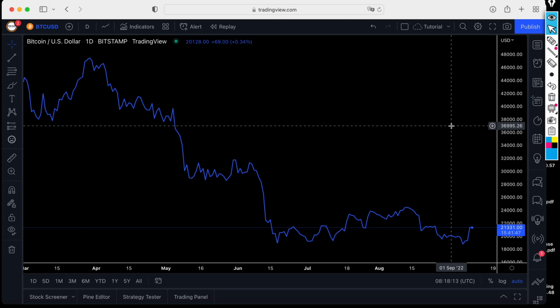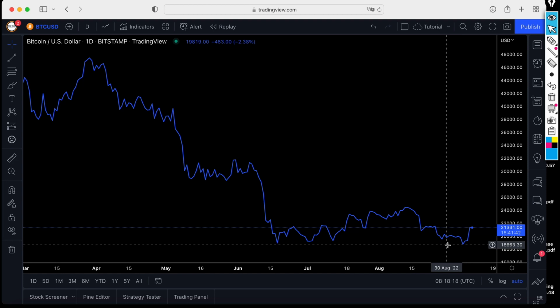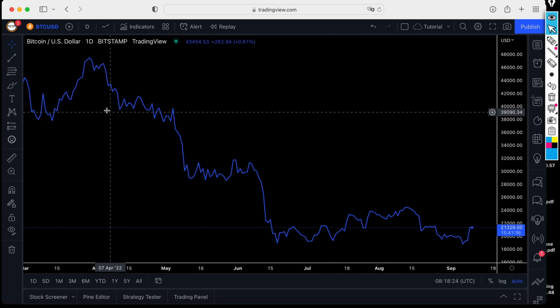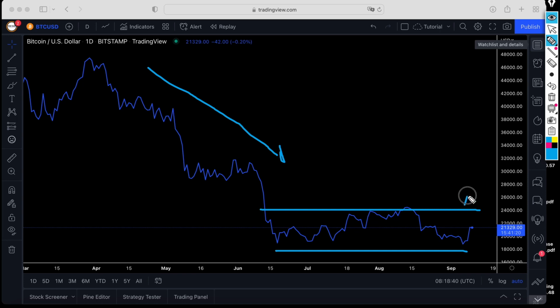What you can see from the chart of Bitcoin is that it has been falling down, then started to move sideways. This is not an analysis of Bitcoin, but what I'm trying to show you is that from the line chart, you can see the direction of the market, right? We can clearly see that it was on a downtrend before it started to move sideways. So if Bitcoin, for example, breaks above this 24,000 level, maybe it can trade up, coming to this level here about 28,000. So there is enough information that you can see simply by using the line chart,